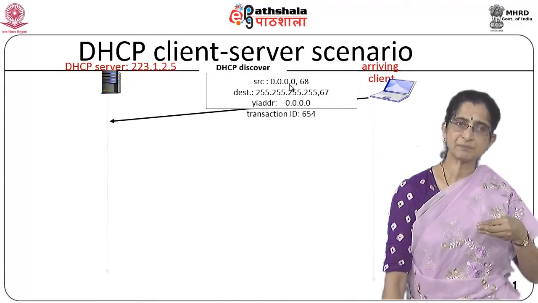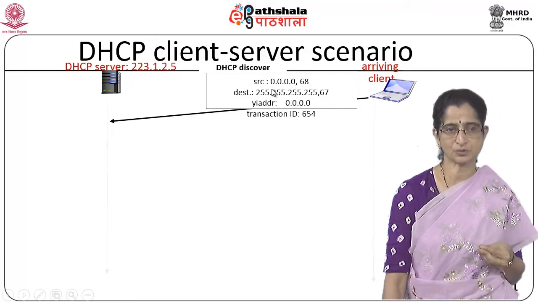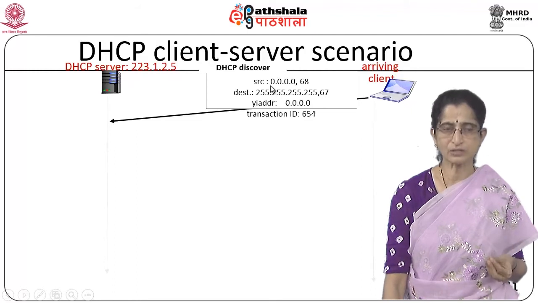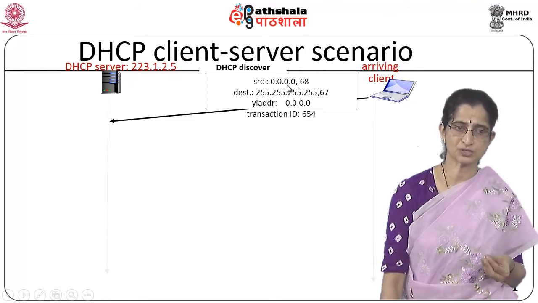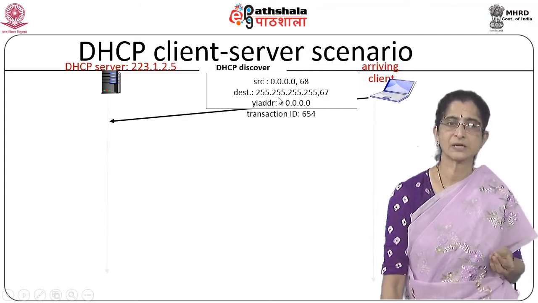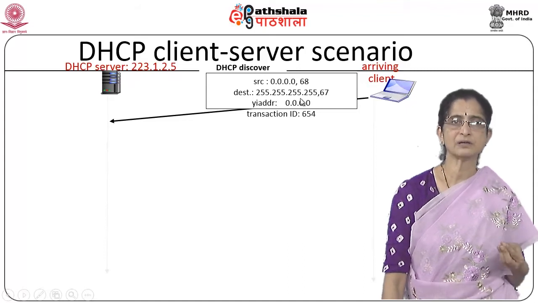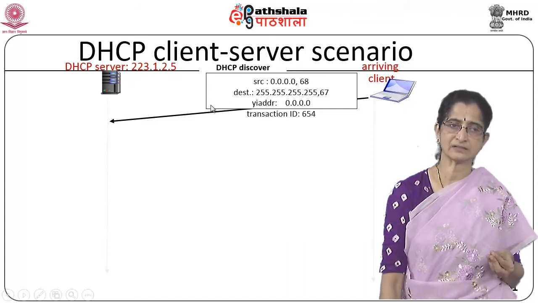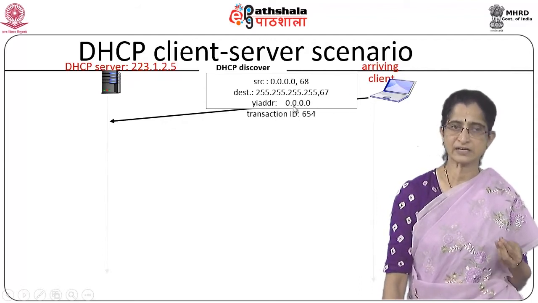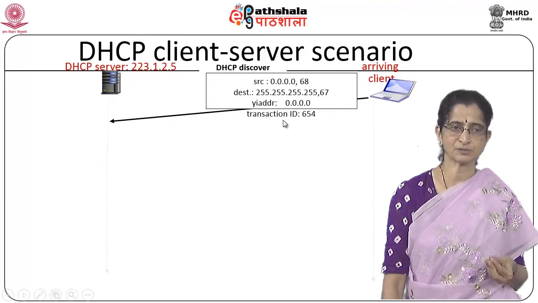So if a DHCP packet has to be sent, which is carried in an IP packet, what is the address that you put in the source address? Since you do not know your address, the special address of all zeros is the value used in the source IP address. The destination IP address is all ones because you want to broadcast this message. So a source address of all zeros, a destination address of all ones. This special IP packet is sent first by the client, and since it does not know what its IP address is, that field is also filled with 0, and there is a transaction ID that you are specifying, let's say.